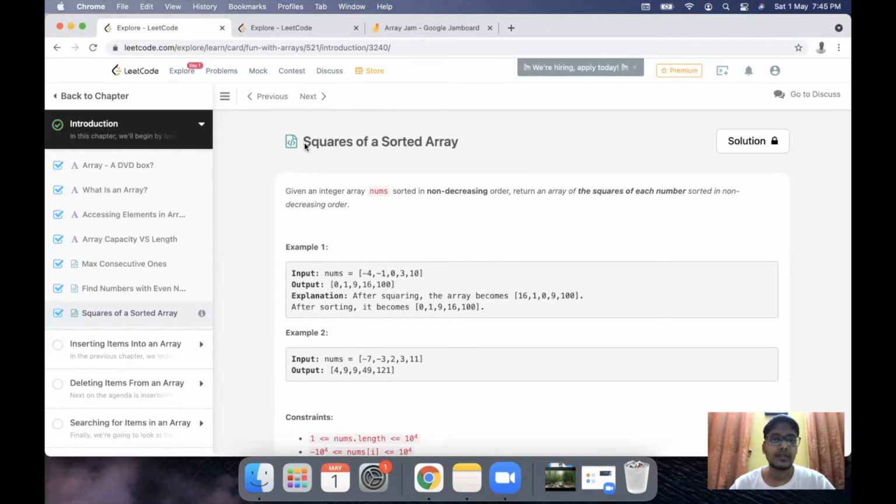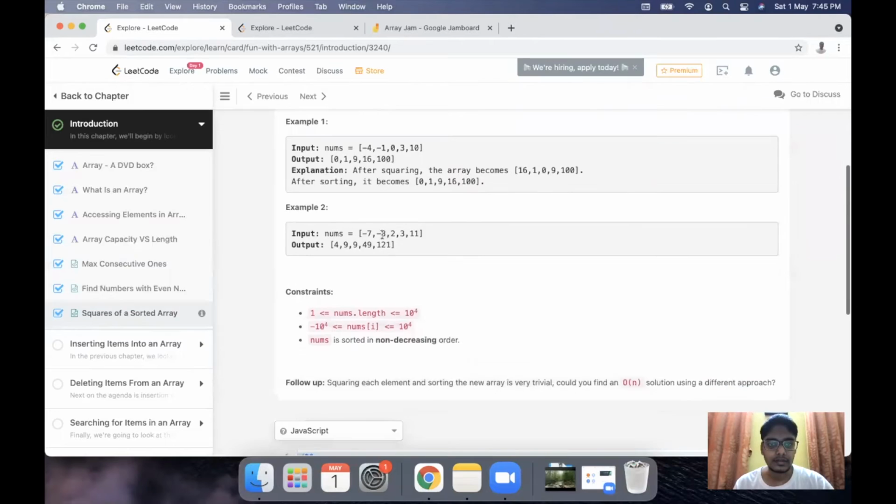Now the question which we have here has the title squares of a sorted array. The question specifies that given an integer array nums, which will contain numeric values sorted in non-decreasing order, so in case of non-decreasing, as in I think ascending order, we should return an array of the square of each number sorted in non-decreasing order. So I think we need to show the output as 0, 1, 9, 100. That is, we need to square these numbers and return the array. I think that's it. Yeah.